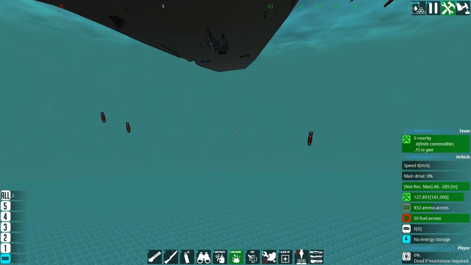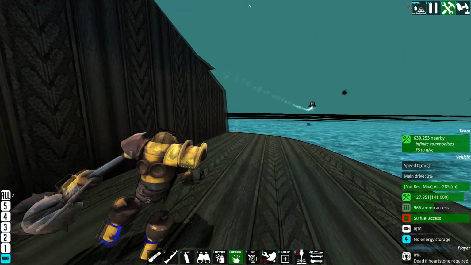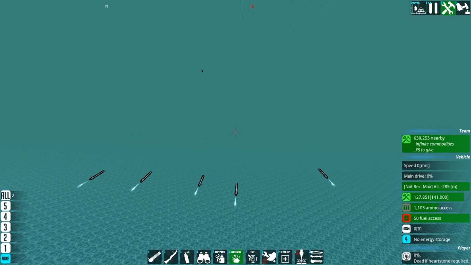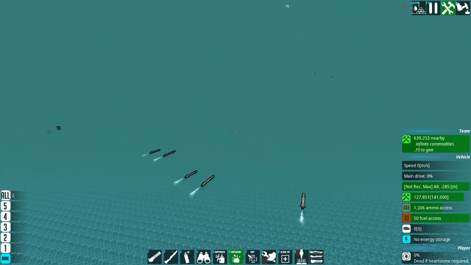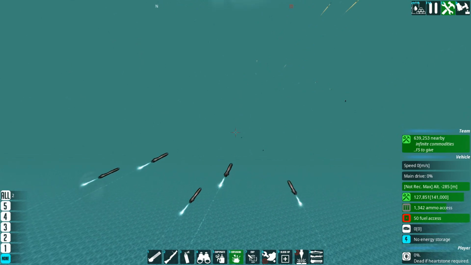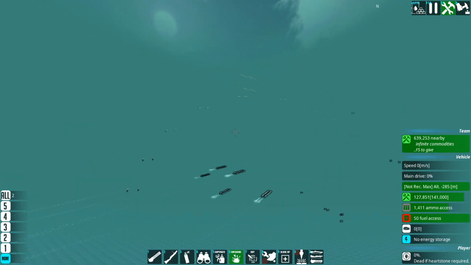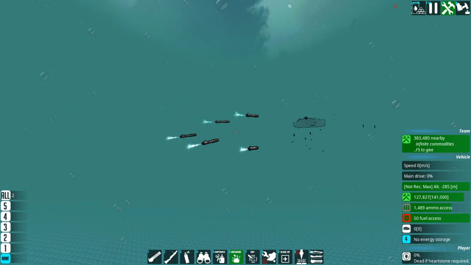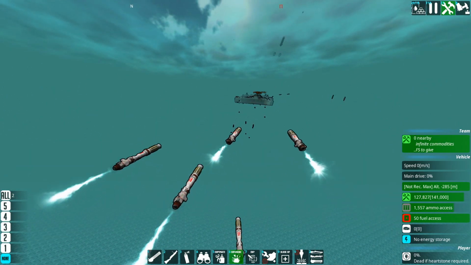Come on, we gotta sink this thing. Come on, one more. This is fun. It can't hit us. Tee-hee-hee. Can't hit us at all. Yeah, this is definitely cheese against the factions that are not good against submarines, so...